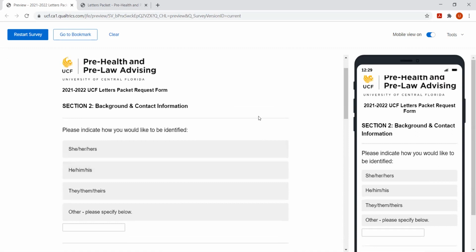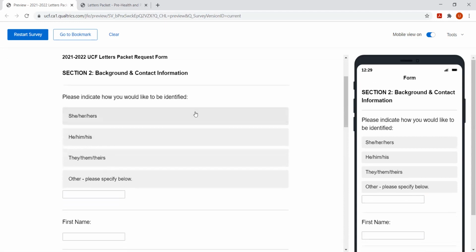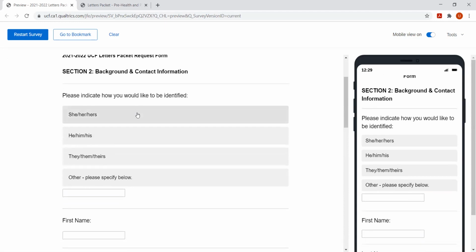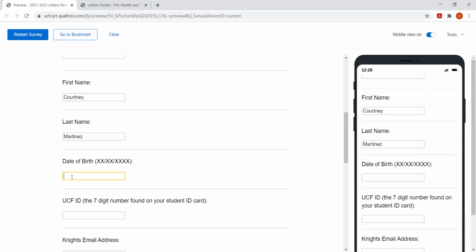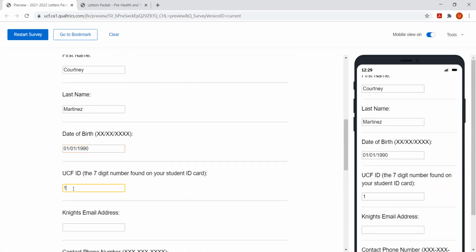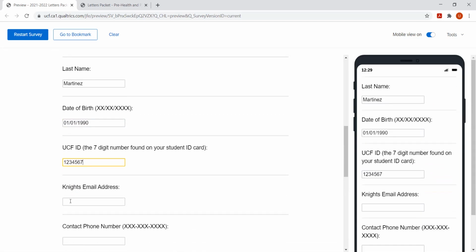Section 2 of the letters packet request form is where we collect your background and contact information. First, let us know how you would like to be identified using the pronouns here. If these do not apply to you, please feel free to select other and let us know how you would like to be identified. Then let us know your first name, your last name, your date of birth, UCF ID number, your NICE email address,